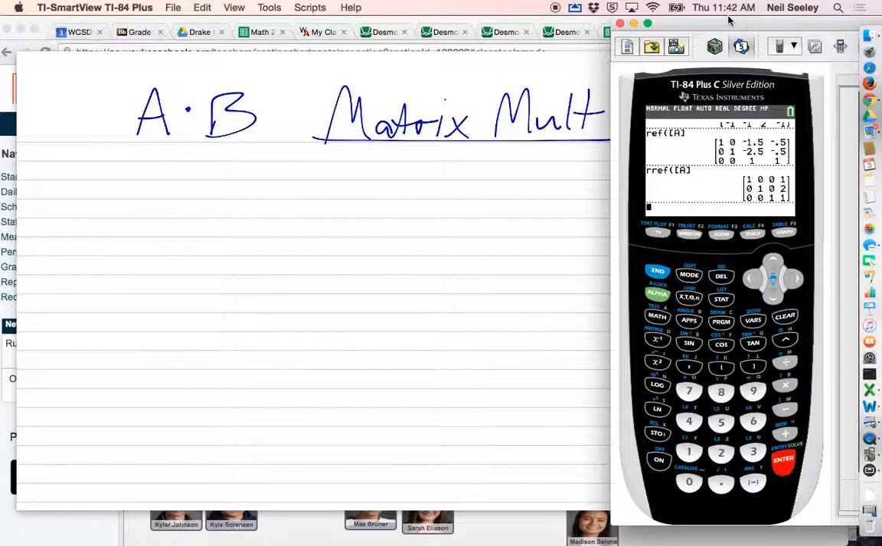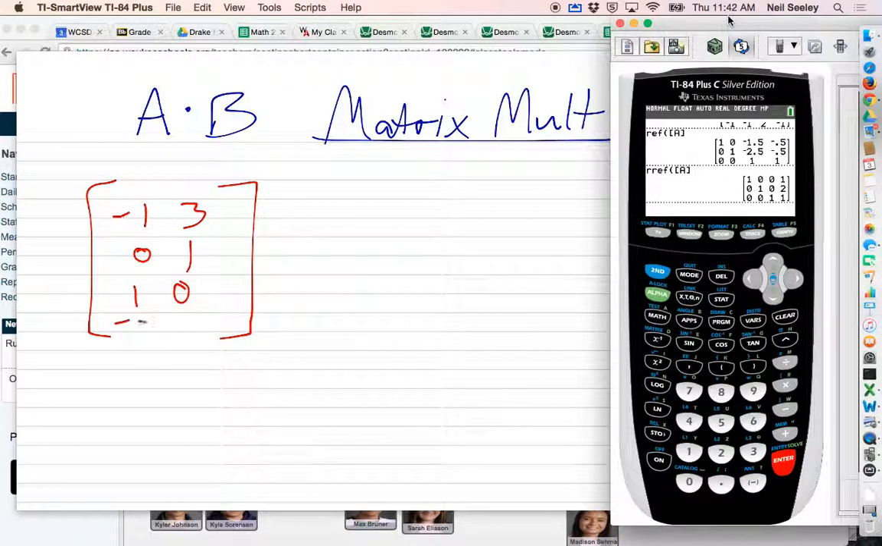Let's do it. Here's my A matrix. You gotta borrow my matrix. It's gonna be negative 1, 3, 0, 1, 1, 0, negative 3, negative 1. So what we've got here is a 4 by 2